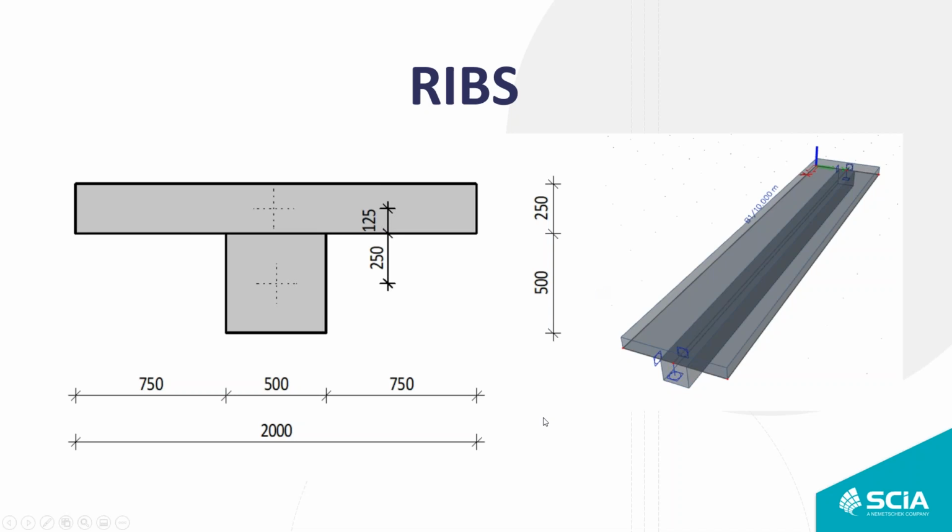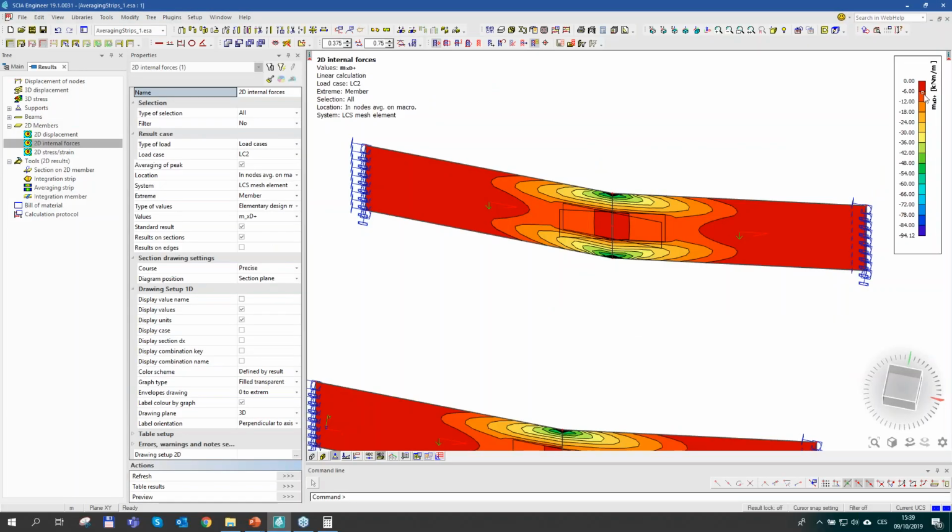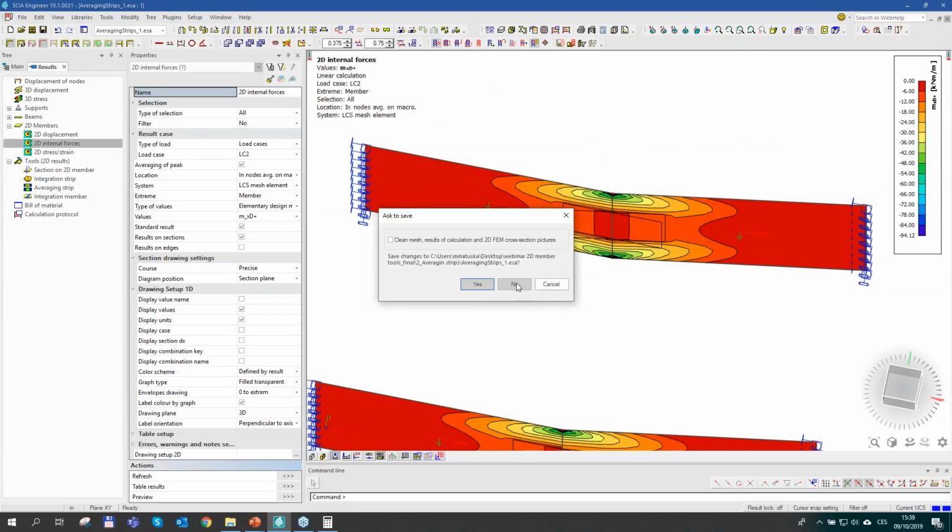Again, I will show on a simple structure how to define ribs, and also we will have a look at how the redistribution of internal forces works in this case, and then I will also show you a few tips on how to handle a normal force that you wouldn't expect. So again, I'm going to switch to the SCIA Engineer environment,